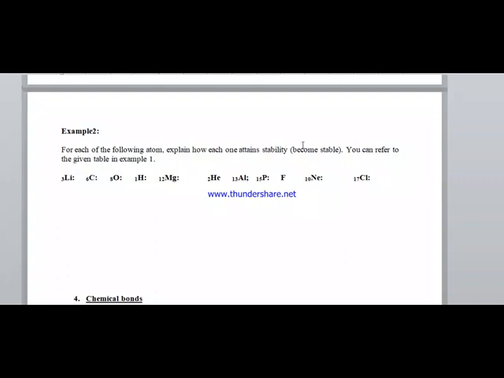Okay, so we will continue with explanation about the chemical bond. In this example, for each of the following atoms, explain how each atom will attain stability or become stable. For an atom to become stable, it either satisfies the octet rule